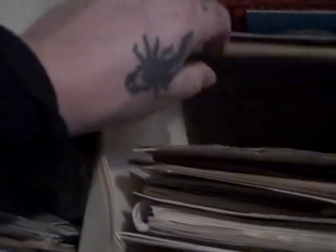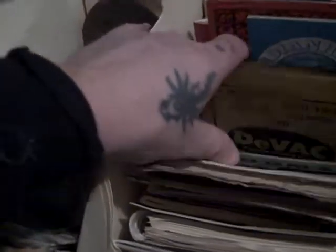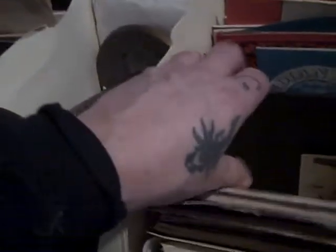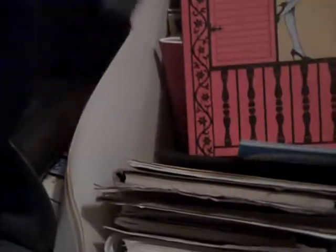Commencement for an opera house. An old journal. Man, even an old... What is this? This is just like a cleaning tissue to clean away into old photographs. Man, I've got a ton of this. This is really cool here. I believe this is for...